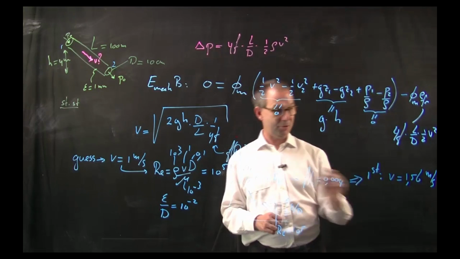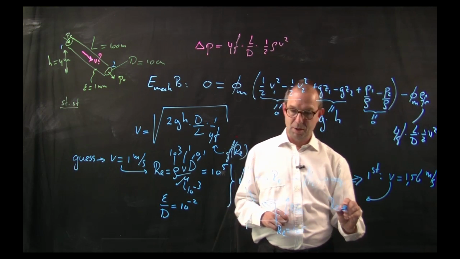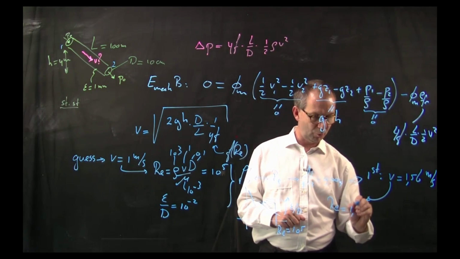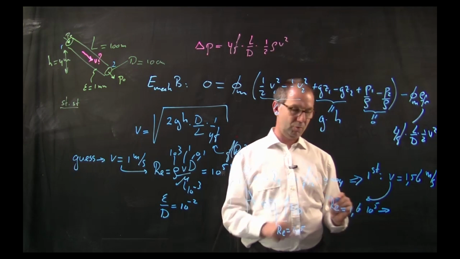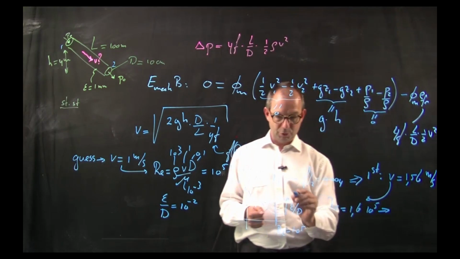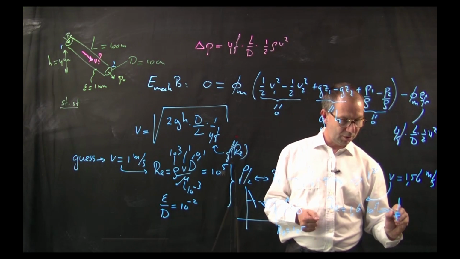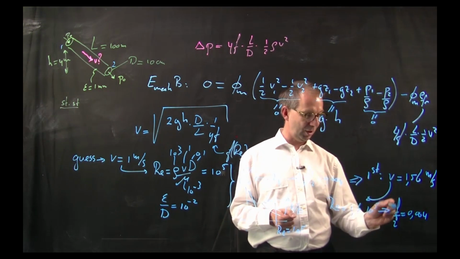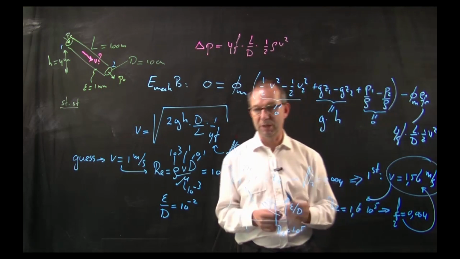And then I need to iterate. So I again compute Reynolds, which is now no longer 10 to the fifth. This one is 1.5, so this is about 1.6 times 10 to the fifth. And I read off my Reynolds versus Fanning friction graph. And for this relative roughness, this line is already pretty flat. So if you read it off, you find by and large the same Fanning friction number, and thus the iteration is closed. And here is your answer, just like we did.